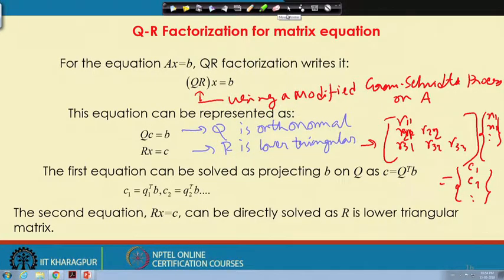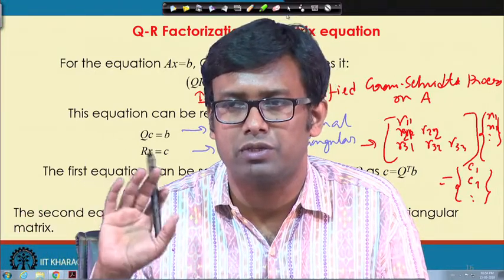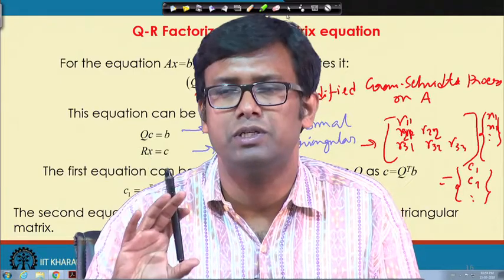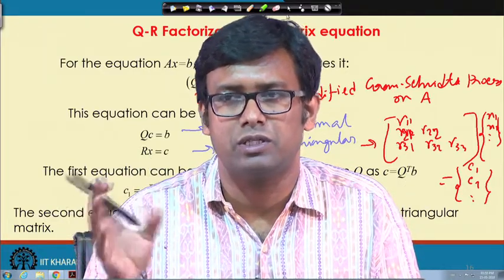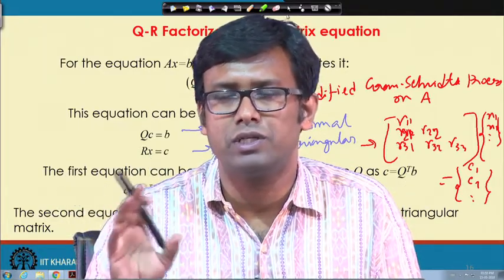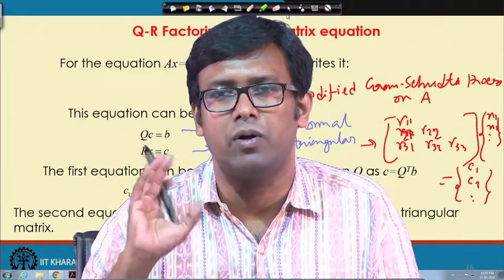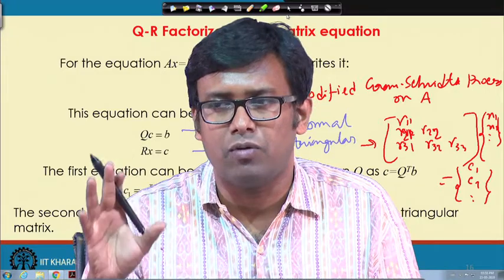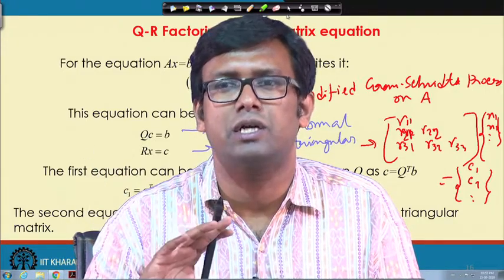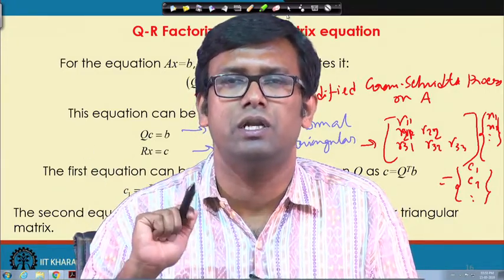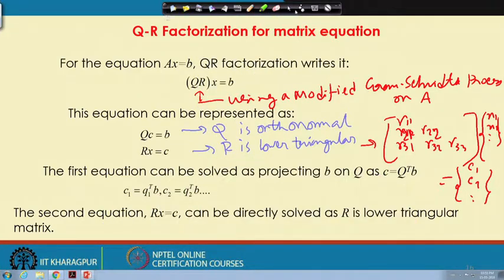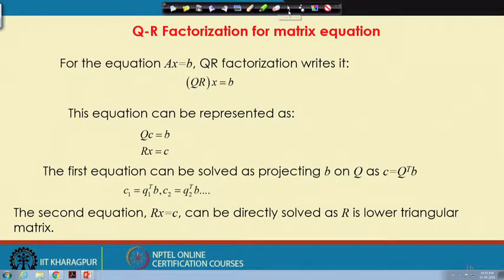But again, like LU decomposition, the solution is simple when you have the LU decomposition already, but LU decomposition itself is a costly process. Similarly, for QR decomposition, the solution is simple if we already have the QR decomposed form, but getting the QR decomposition needs a Gram-Schmidt process, which is a relatively costly process. Okay. So, the further important thing happens